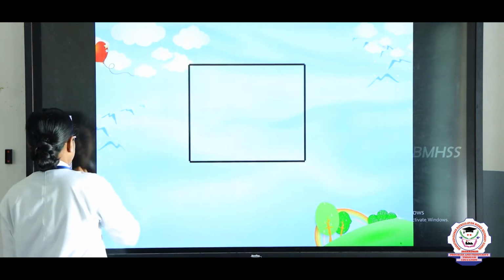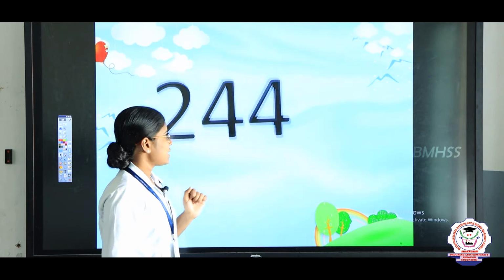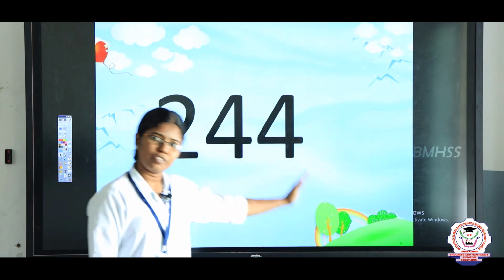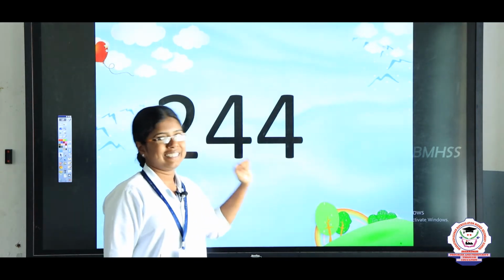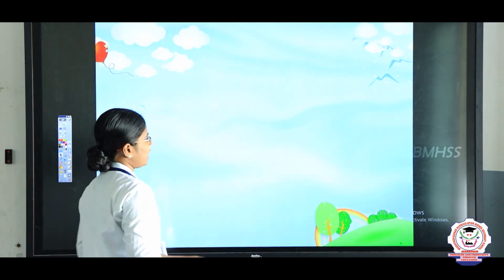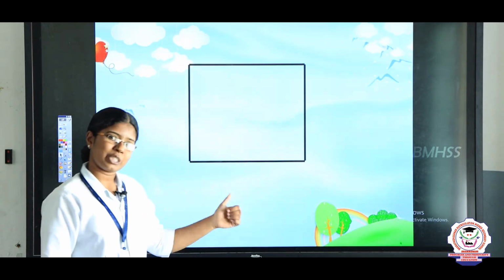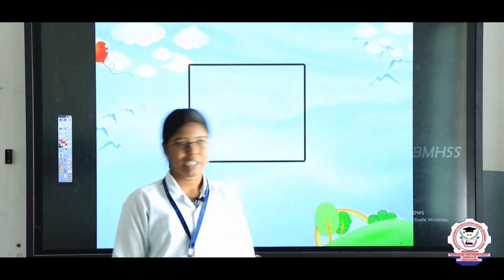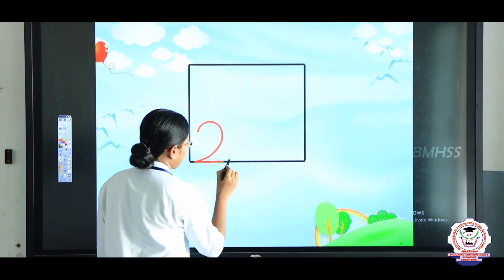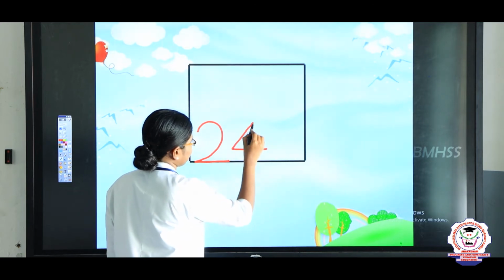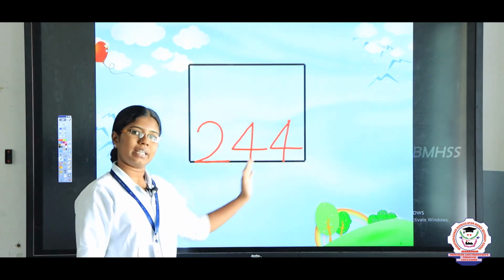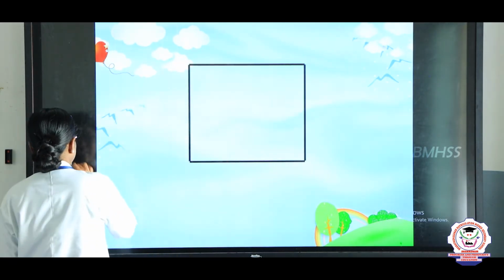Good. The next number is, see here Praveen, try to read this number, dear. 2, 4, 4. Join together, how to read, dear? Yes, 244. Very good Praveen. Clap your hands for Praveen, everyone. Yes, good. Now we are going to write the number 244. Listen. 2, 4, again 4, 244. Okay children, the next number is